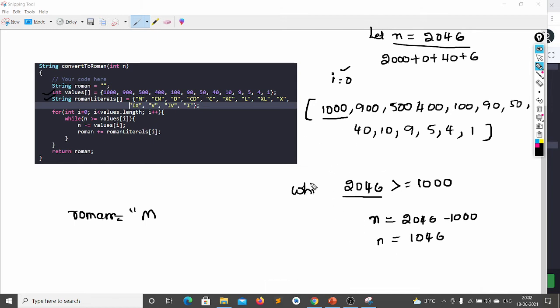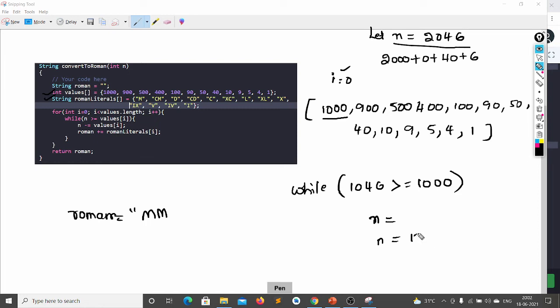Again my while loop will not stop. What is my while loop? My n greater than or equal to 1000. What will be my n now? 1046. Is my 1046 greater than 1000? Yes, it is again greater than 1000. So what is the symbol for 1000? Again M. We are appending it to M and again we are decreasing my n.